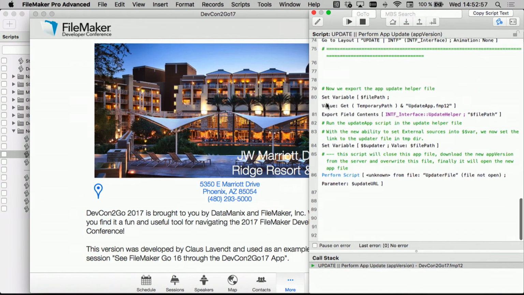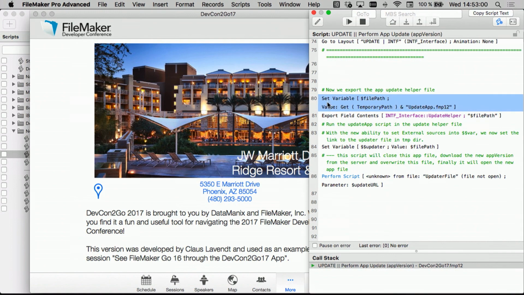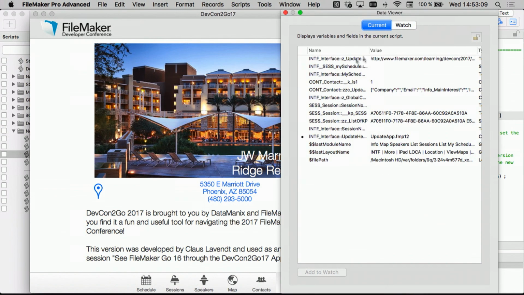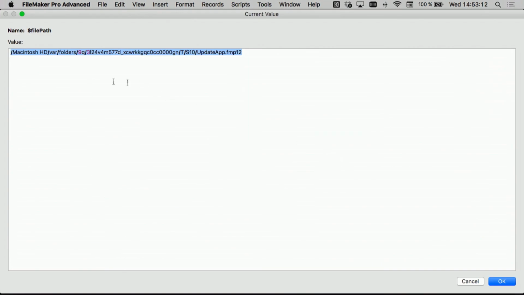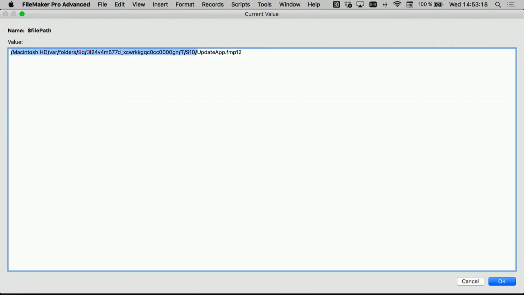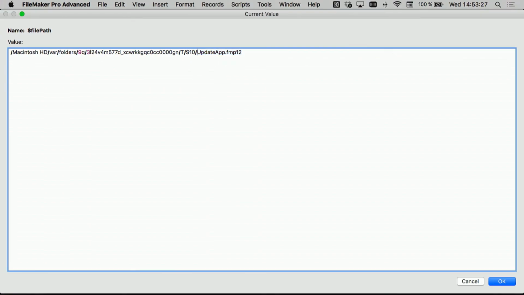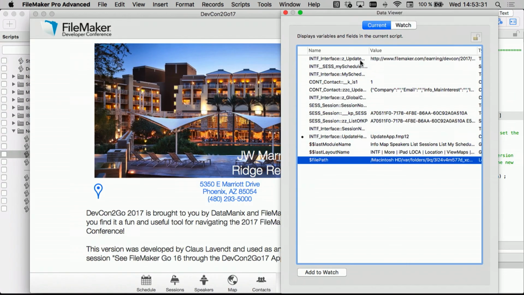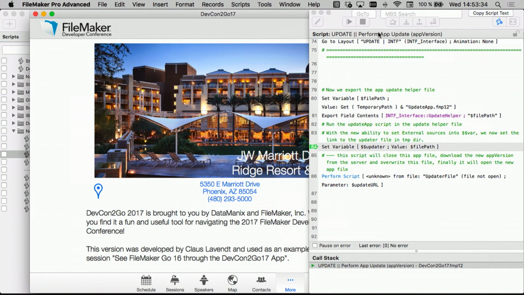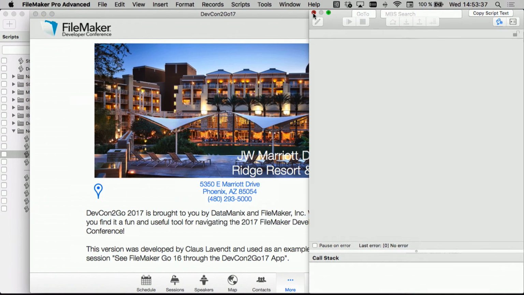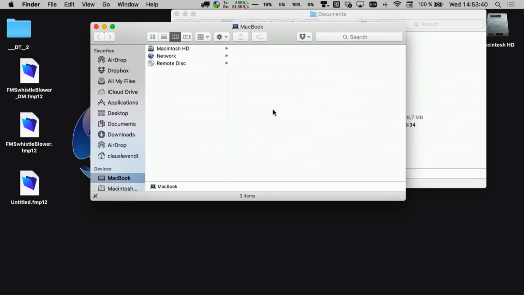So what we are doing here is that we are setting a file path, and as you can see, this is the path to the temporary directory. And it is taking a file that you don't see unless you dig into the application, and this one is getting exported into this temporary directory. So what is going on now is that if we just go to this